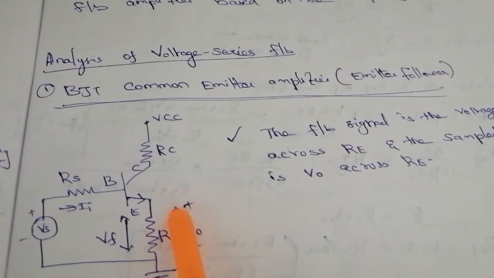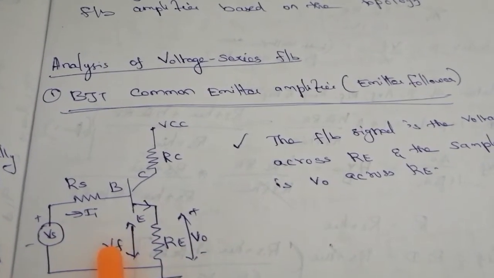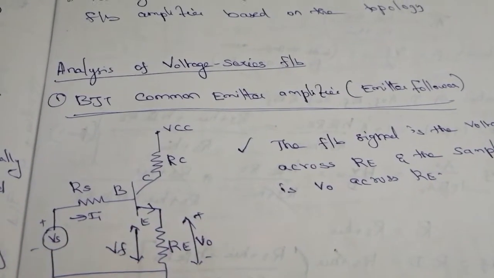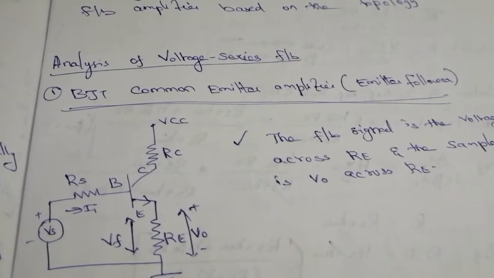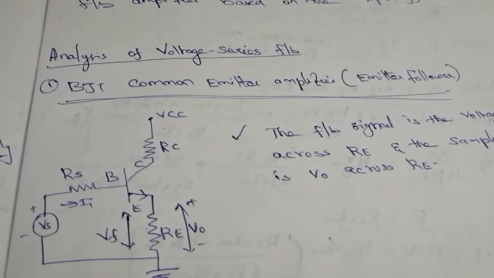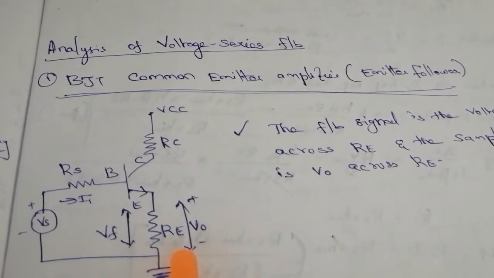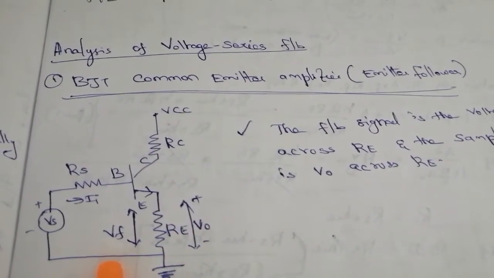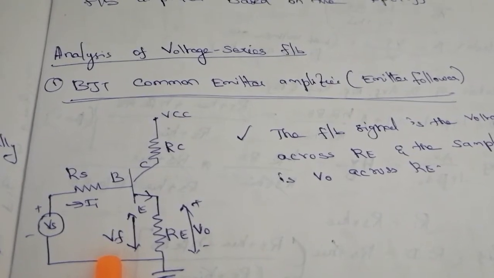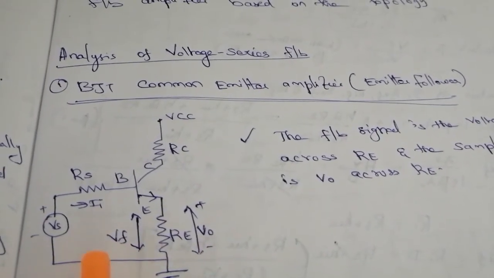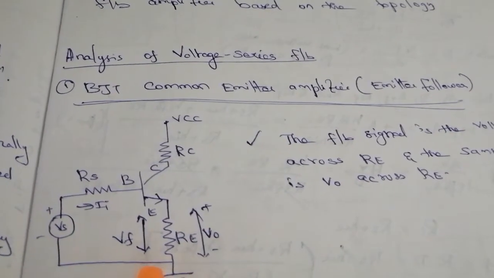if the output voltage is shorted, then feedback becomes 0. It's called a voltage sampling. It's actually theoretical, but I can tell an easy way for identifying the topology. If both output as well as feedback signals are at the same terminal, then it is called a voltage sampling. Is it clear?